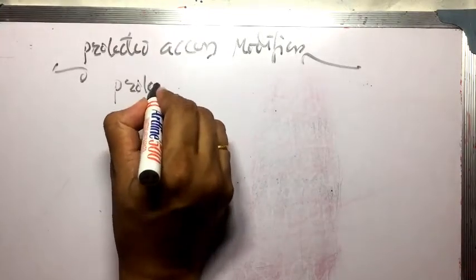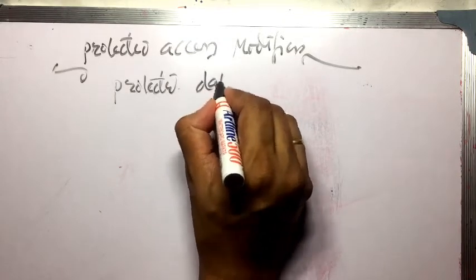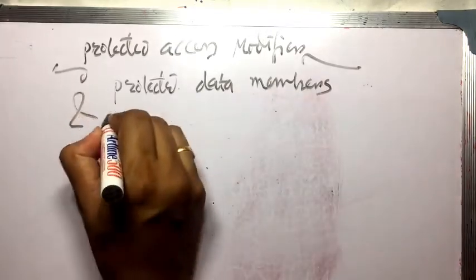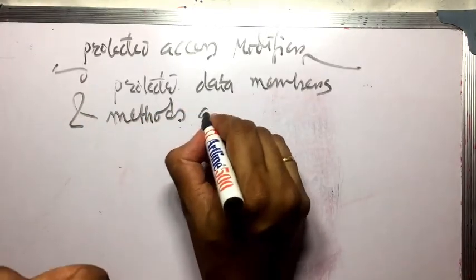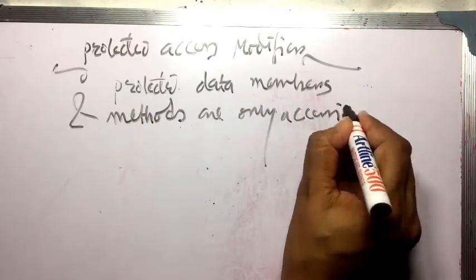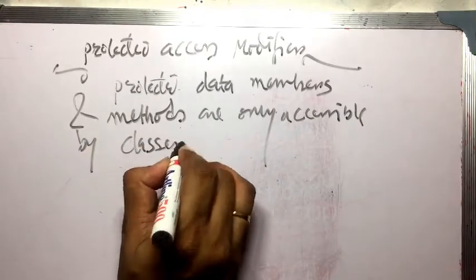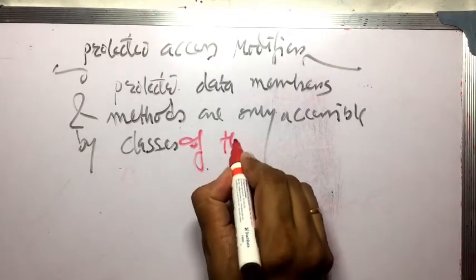Protected data members and methods are only accessible by classes of the same package